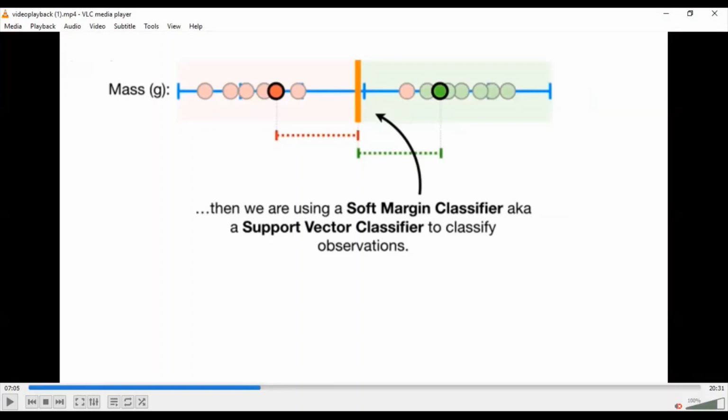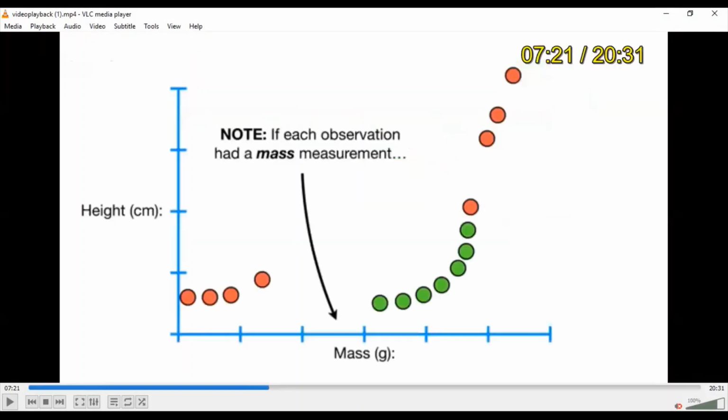Okay. So that's how a support vector classifier works. Till now, whatever I taught you is a support vector classifier, not a support vector machine. Now, let's do support vector machine. Okay, before that, till now, whatever I taught you is a support vector classifier on a single dimension. It can be two dimensions. So imagine the same mass of the mice and the height, and we have to classify it.